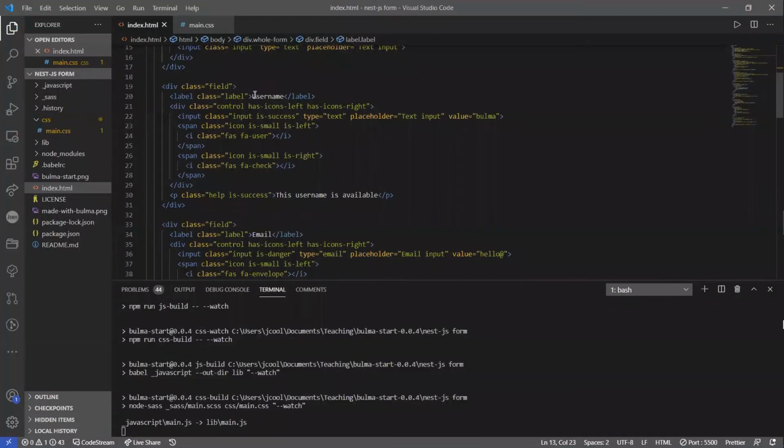What I did here, I just added a div that covers the entire form, and I called it whole form. As you can see, that's where it starts and it stops where the form ends, somewhere about here. Actually, I put it at the end of the body, and then in my CSS, I styled it. I changed the width to 30% because initially